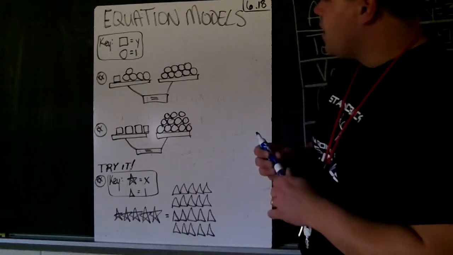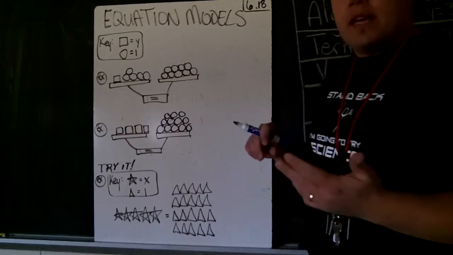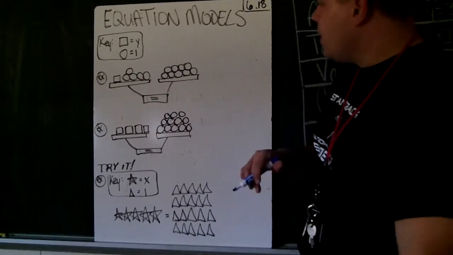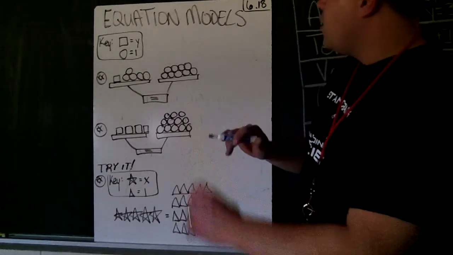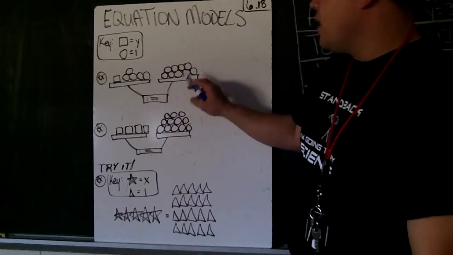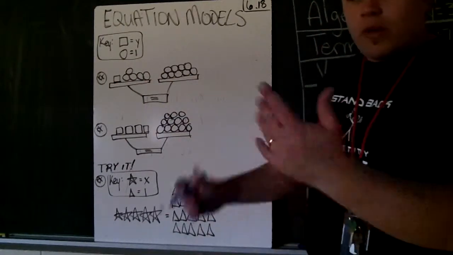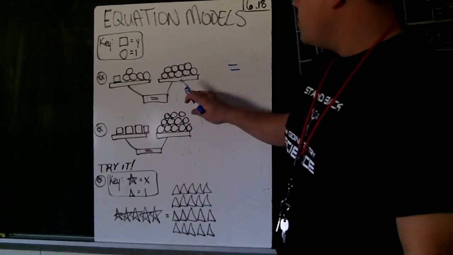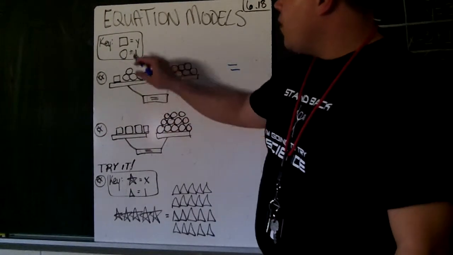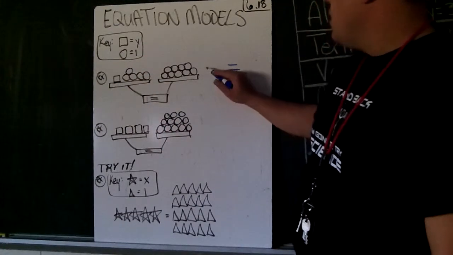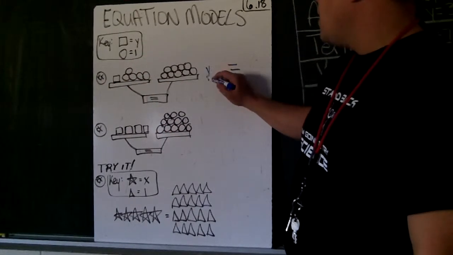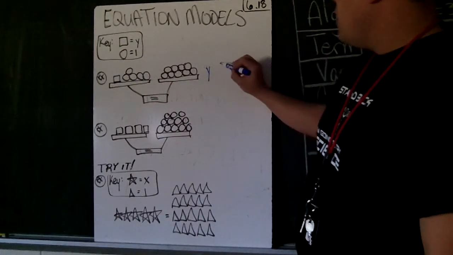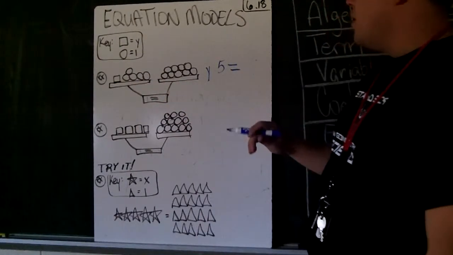So as we take a look at this model, let's translate it. Let's actually take it from the picture and make it into an equation, and if we can solve it, we'll solve it. It looks as though on the left side of the equation, because we have a left side and a right side separated by an equal sign, just the way that I like to write my balances, we have a y, oops, a little bit wobbly there. We have a y, because that's a square. So I have a y there, and it looks like on the same side I have 1, 2, 3, 4, 5 circles. And since I have 5 circles, I'm going to put a 5 there,